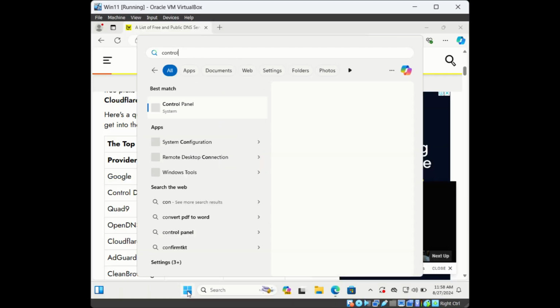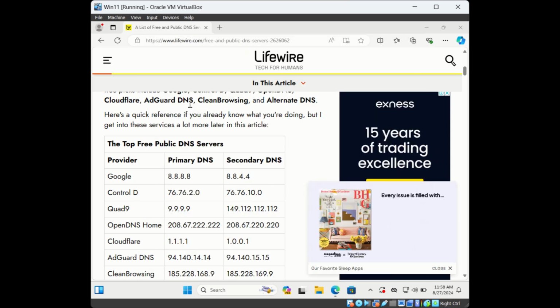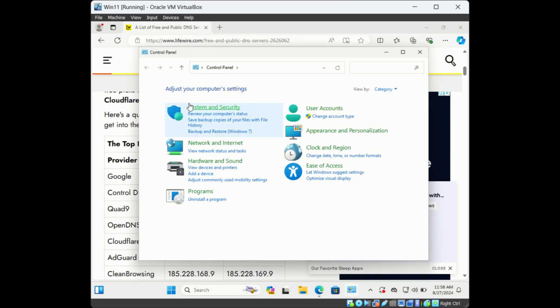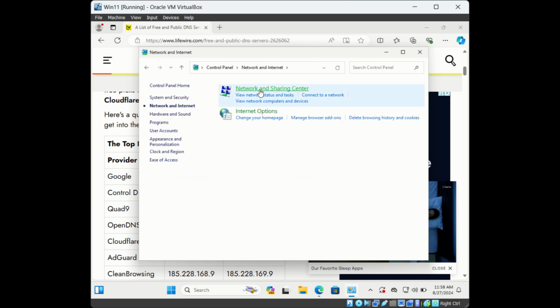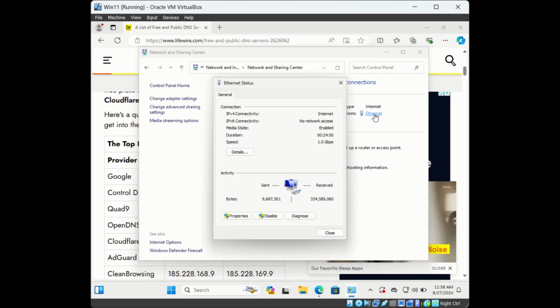So click on Windows logo and type control panel. Then go to network and internet, then network and sharing center. And then here you can see the network adapter that is currently connected. So click on that,